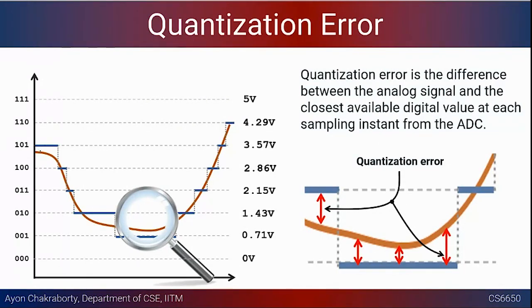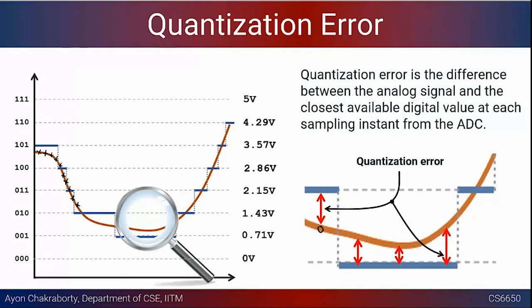We are sampling the signal at specific instances of time depending on your sample rate, the maximum number of samples per second you can process through this ADC, and that is given, and also depending on the number of bits in your ADC. In this case we are showing an example with 3 bits. So this is the difference that we are getting, right?